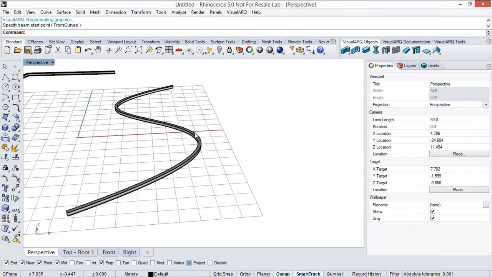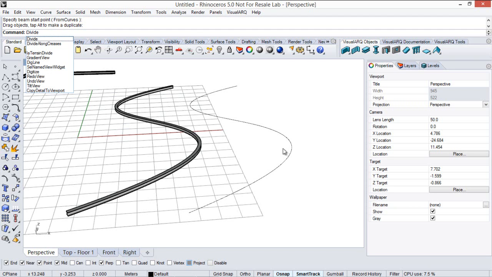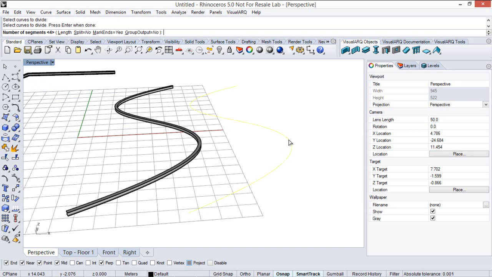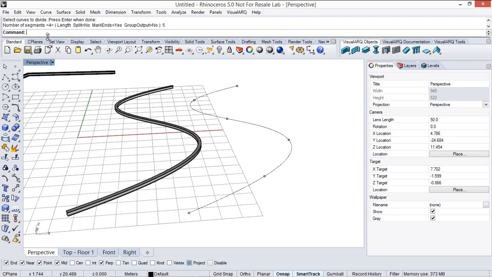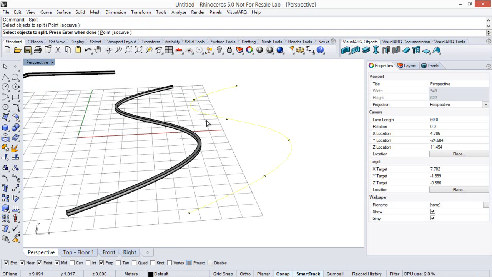Now, if we want to split that beam into different parts, we should repeat the process again, but first splitting the curve into different parts as well. So we're going to do that. We will run the divide command and pick that curve, hit enter, and define the number of segments, for example 5. Okay. Now we run the split command, we select the curve, hit enter, here we select the